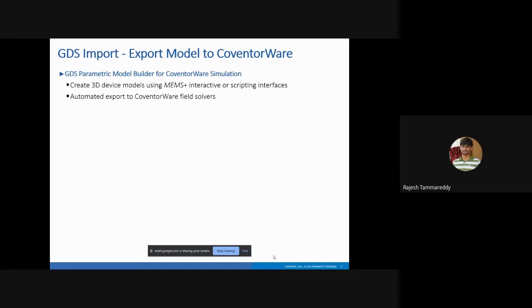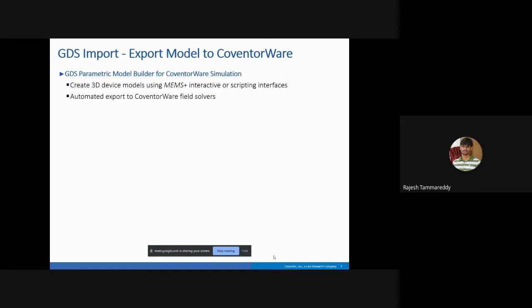Okay. So as I told, when you are modeling, we are using the components. You can also do that using a GDS import. So GDS is what? It is a 2D layout format. It's a standard format across the ASIC and MEMS industry used for manufacturing. So if you have a GDS file, a 2D layout file of your 3D model, you can take that.